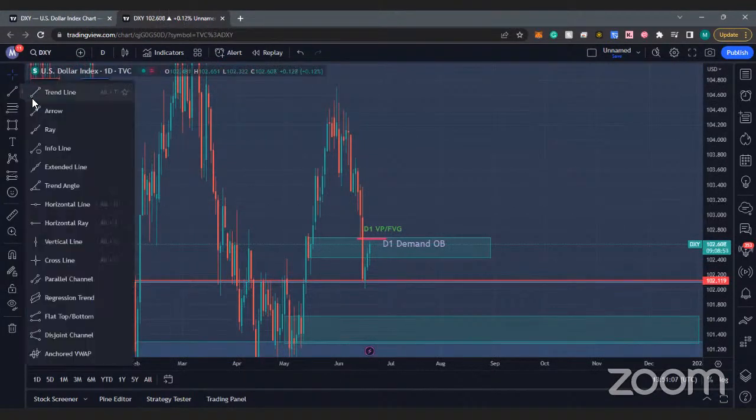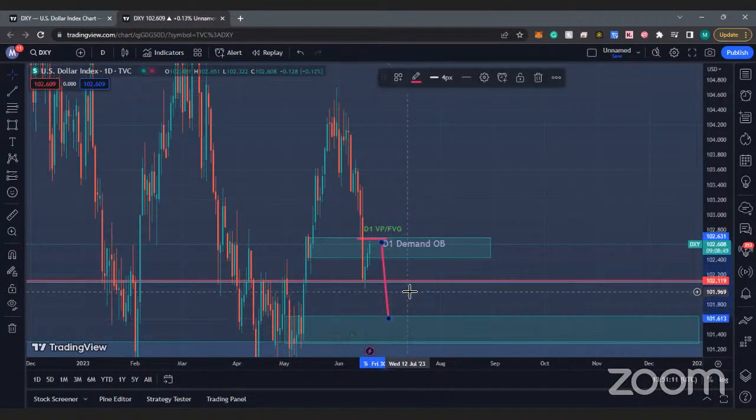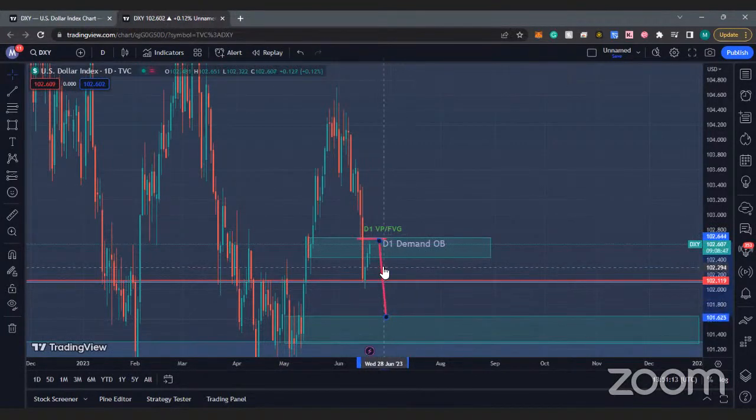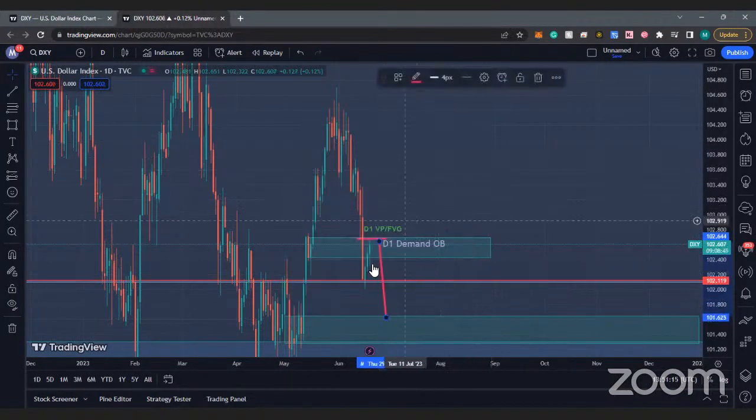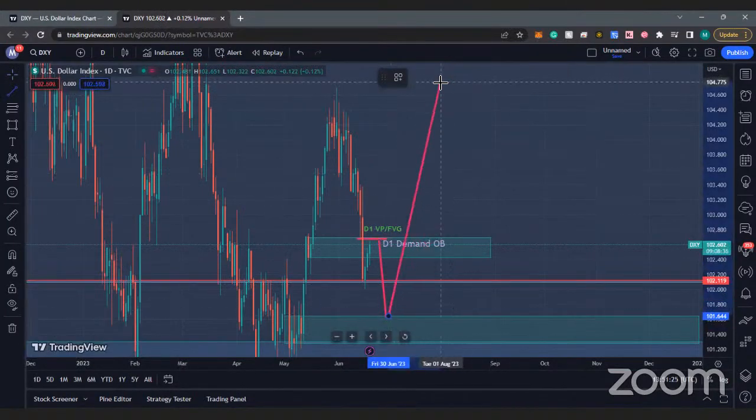So on the daily time frame here, the price is, for me, I want to see the price react over here and actually come back to this order block here. And then we can go for a long. Now, looking at some of the pairs that I've seen on the Forex side of things, it looks like they